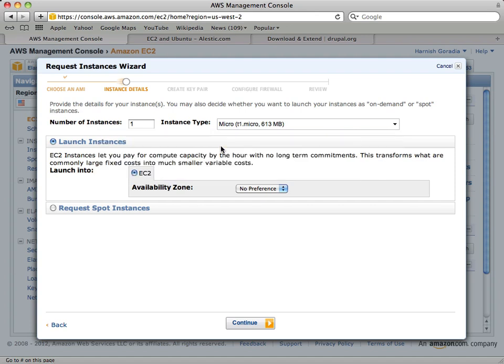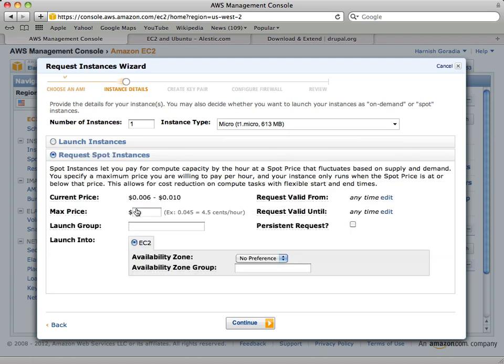So I'm going to start a micro instance here, because this is the server that is going to be my web and application server, the Drupal server. I'm going to request it as a spot instance. Look at what it tells me. The current price is 6 to 10 cents an hour. So I'm going to do a bid of $2 an hour. It already tells me it's a high bid price, but I'm going to ignore it. That's not 6 to 10 cents. That's 0.6 to 1 cent. Sorry, I'm obviously not reading it right.